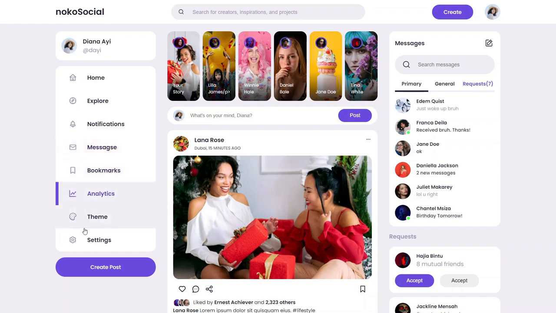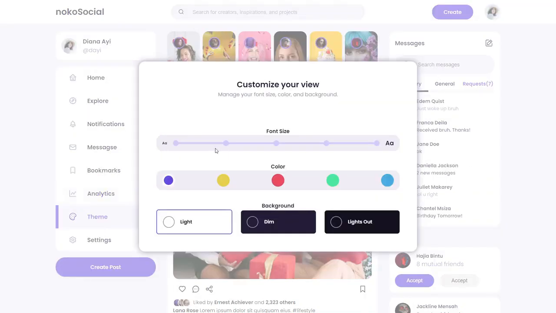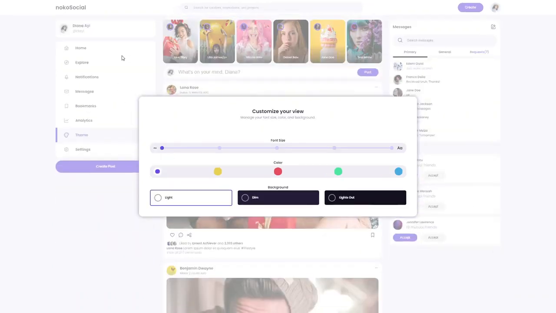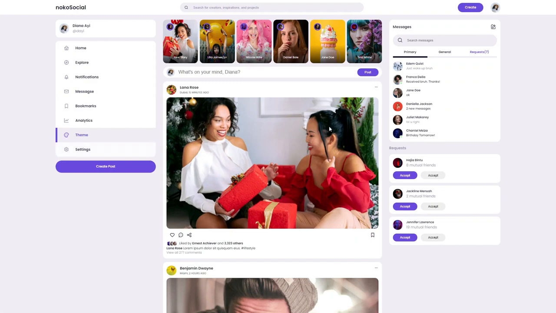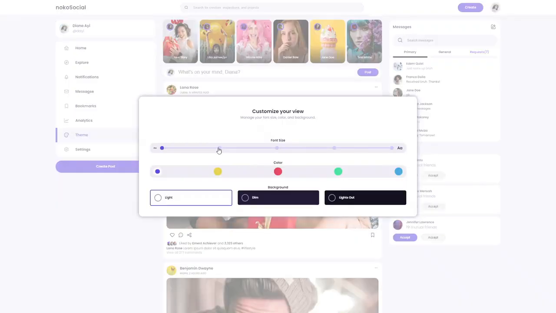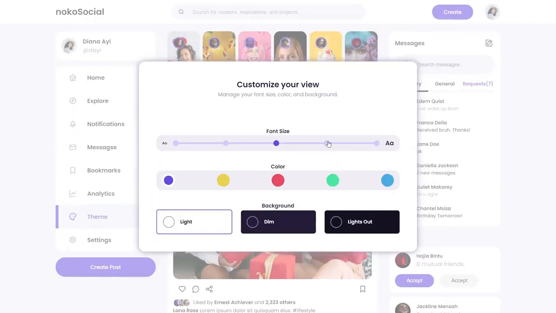Okay, so we can actually customize our interface. Okay, so we can click and then change our font size. So you see our font size decreases, they are now smaller. We can change our font size. Okay, we can make them bigger,